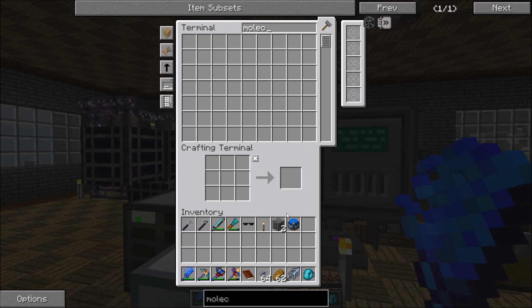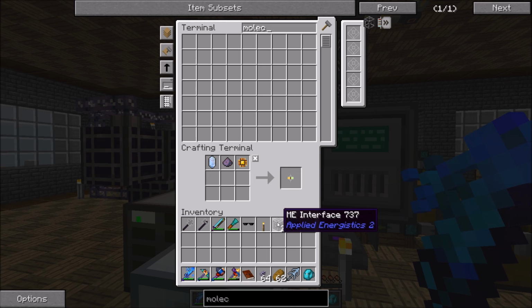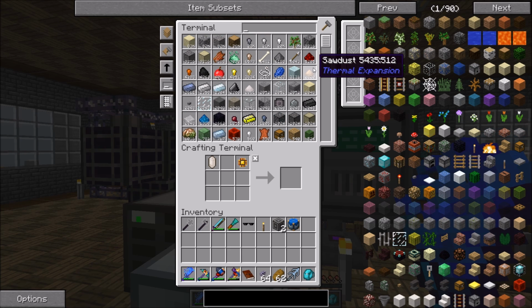Right now we will prioritize the interfaces over the molecular assemblers. As you guys know, normally I do like 4 molecular assemblers per interface, but this time we're going to do it a little bit different. Okay, we are going to need some more